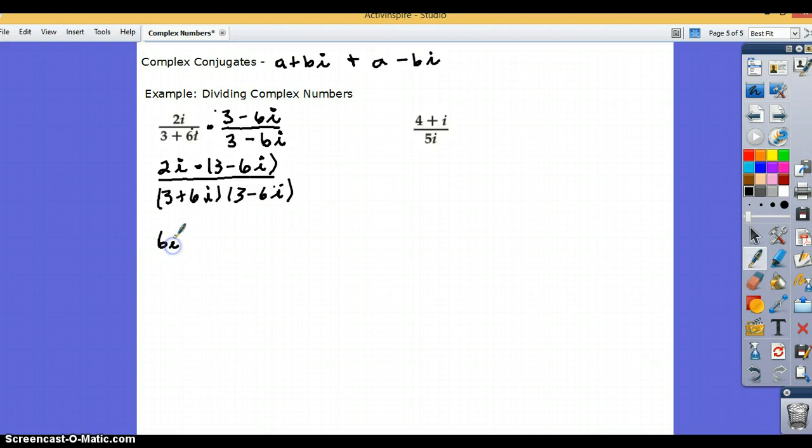That's 6i. 2i times a negative 6i is a minus 12i squared over, and now this is where we FOIL, so 3 times 3 is 9, right? Multiply there, then we multiply here, so that's minus 18i plus 18i